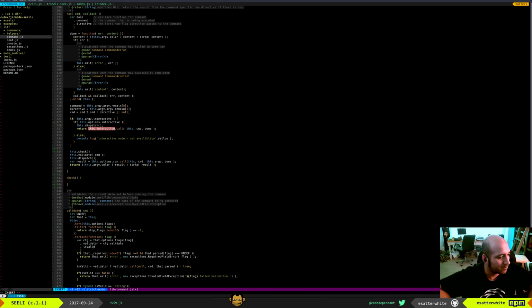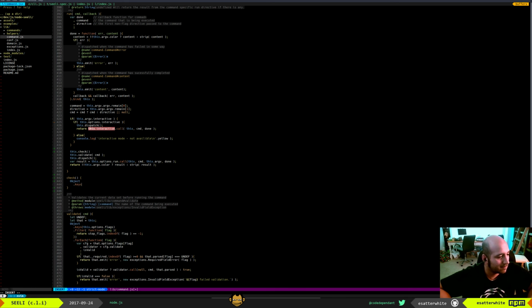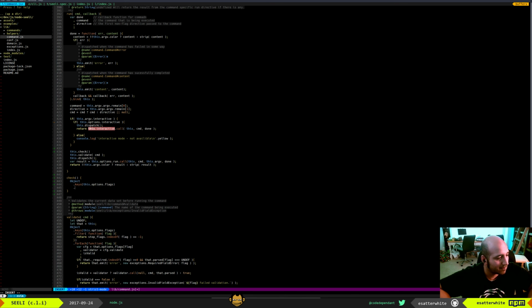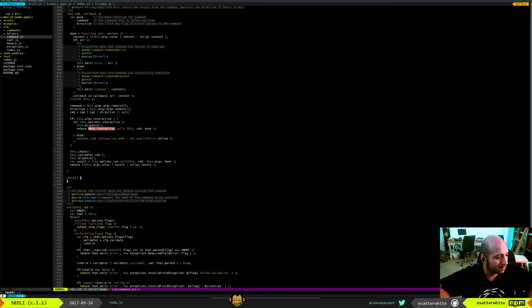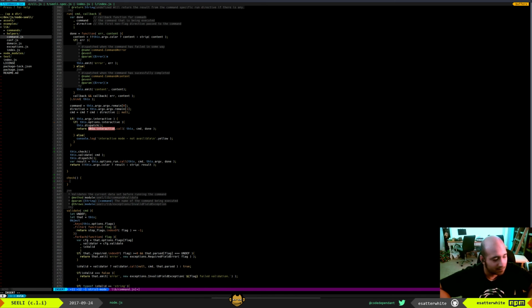and then we just want to do Object.keys. I should probably cache this because this is certainly done more than once. this.options.flags. This gives us all of the flags. And I don't actually want to do this quite like this. I want to stop. There's no sense in continuing, so we can do this.options.flags